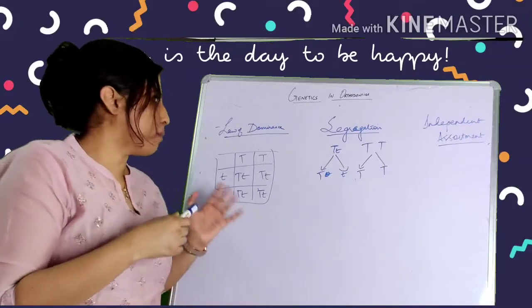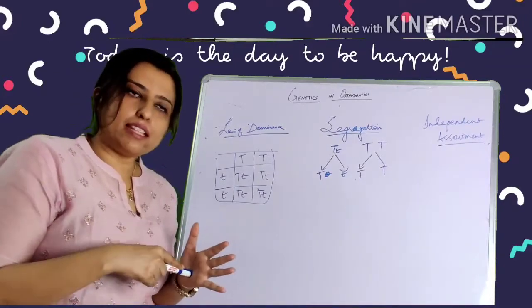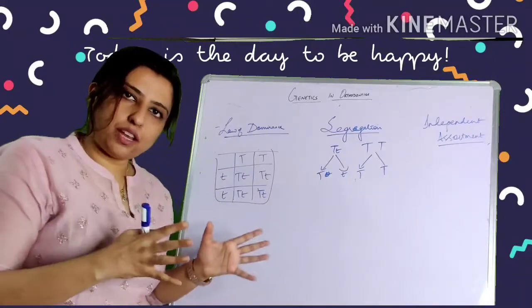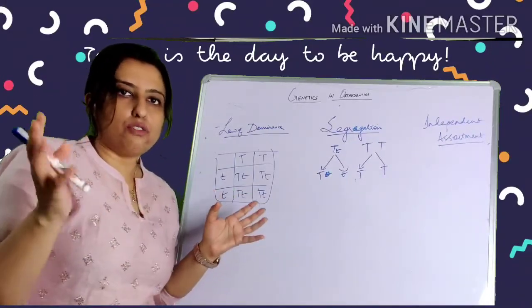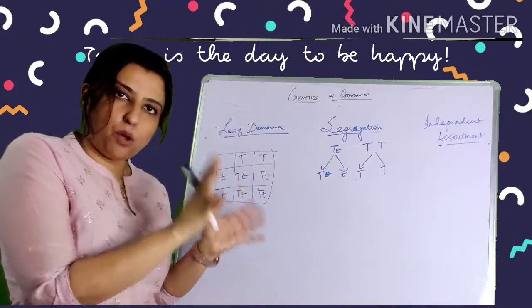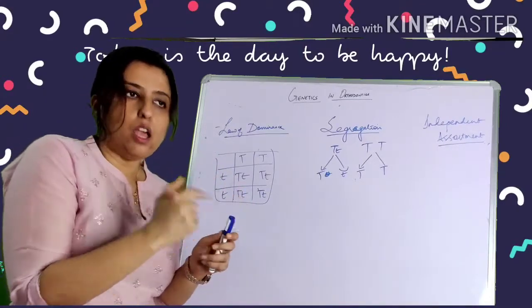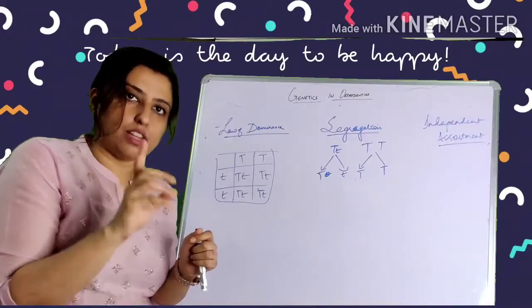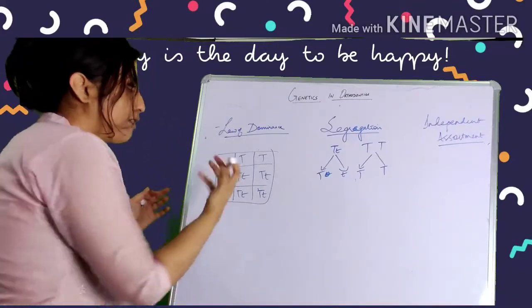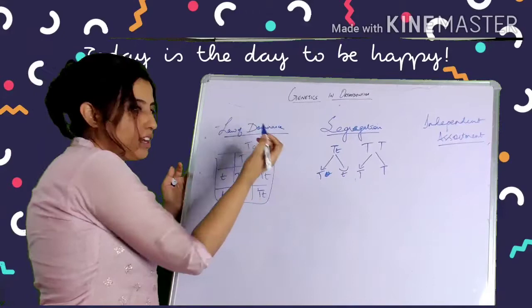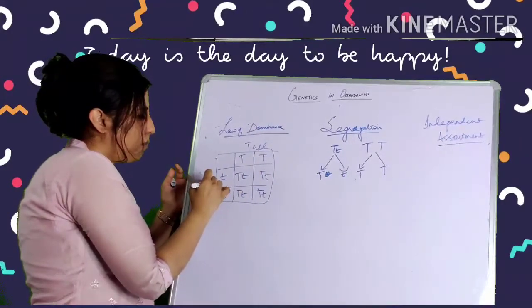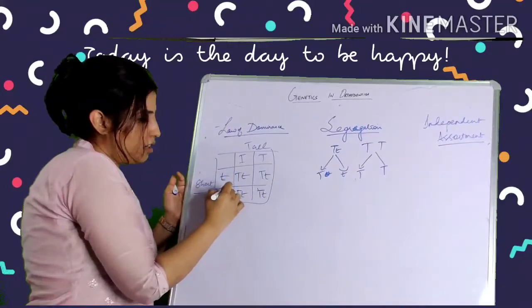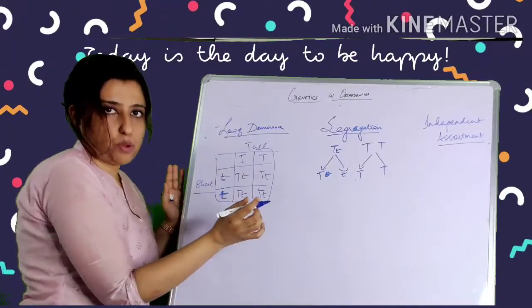That is the law of dominance. Law of dominance means that if you have parents that have pure traits, then the offspring will have only one trait that's present, and that will be the dominant trait. For example, if you have a tall dad and a short mom, so they are pure, because this is recessive and this is purely dominant.